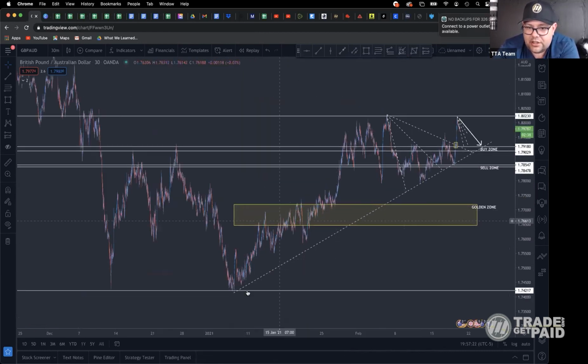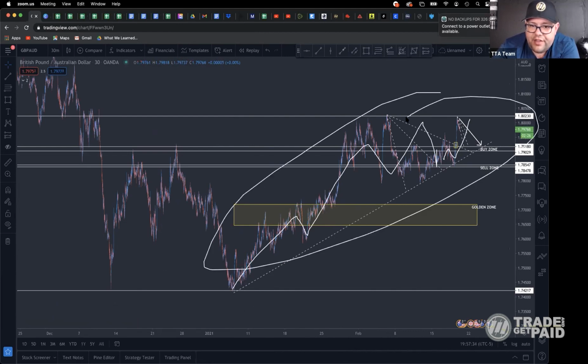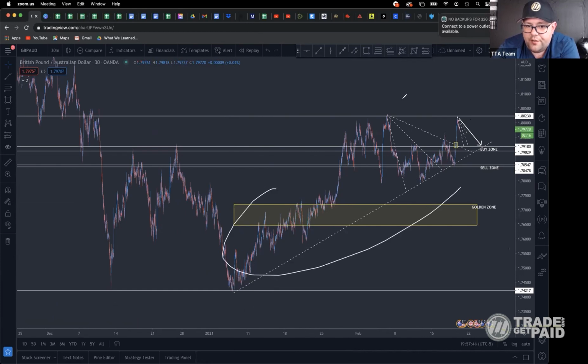This is the 30-minute chart you're looking at, but you're seeing what? You're seeing all of this movement play out on a 4 hour trend line. But all of that is 30-minute movement that's playing out on one single 4 hour trend line. But you want to know what the crazy thing about it is? That one 4 hour move right there,